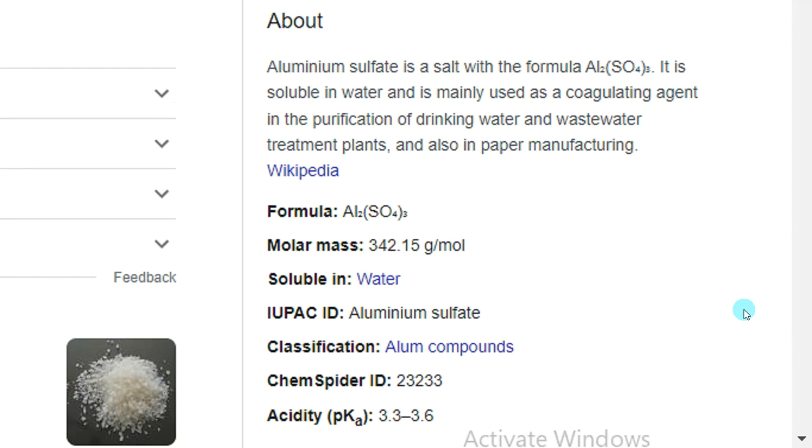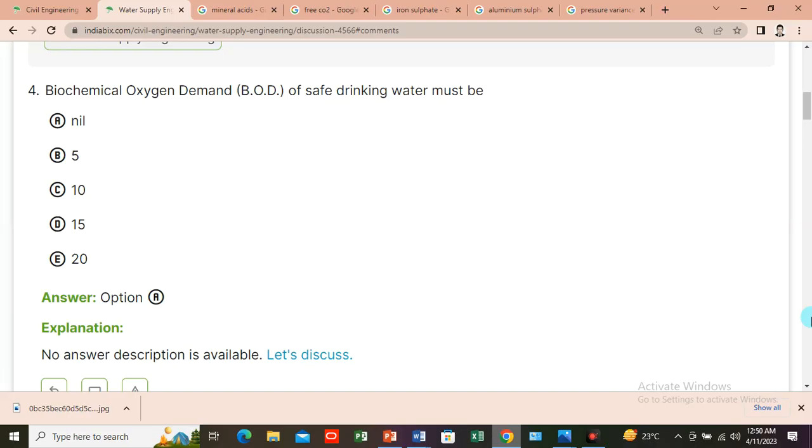So these are the certain elements which produce acidity in water. Now the next question is, what is biological oxygen demand, the BOD, right? So I want to talk about the BOD. So that's question number 4